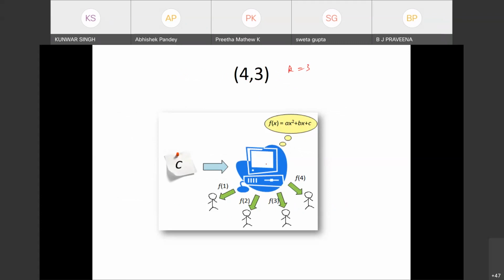So what I'll do is keep my shares in 4 places: this system, mobile, laptop, and one online. From these 4 places, if I get any 3, I can compute this polynomial: 3 equations, 3 unknowns, and I can get the seed C, the constant term. So I can recover C. Okay, this is the idea.